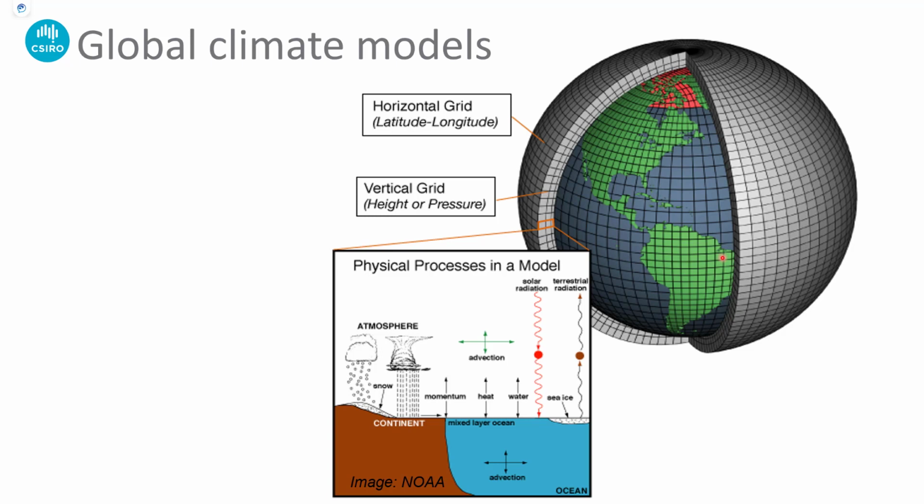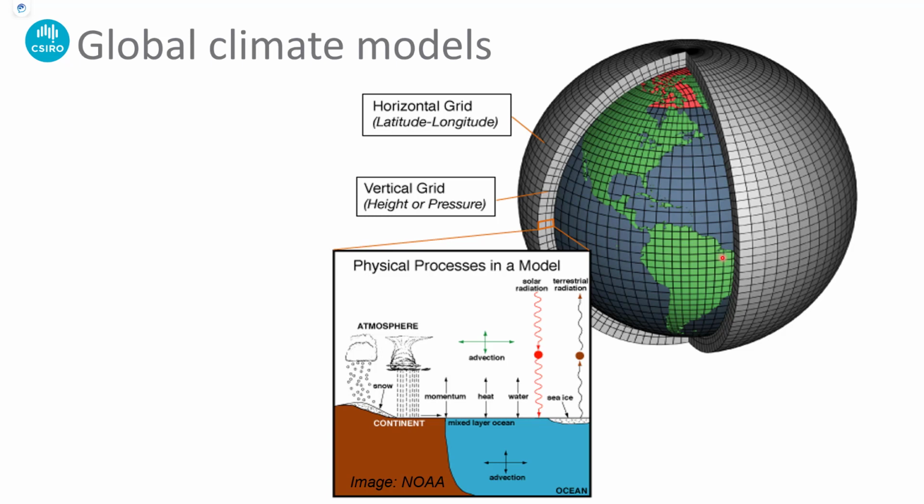And there's one at the surface, and then there's another one on top of that, and about 40 layers of boxes going up into the atmosphere, and about another 40 layers going down into the depths of the ocean. And the model, because it's a massive computer program, solves all of those mathematical equations in every single grid box simultaneously, taking data from the neighboring grid boxes as it does so, and then comes up with a result that describes the state of the climate at a point in time.